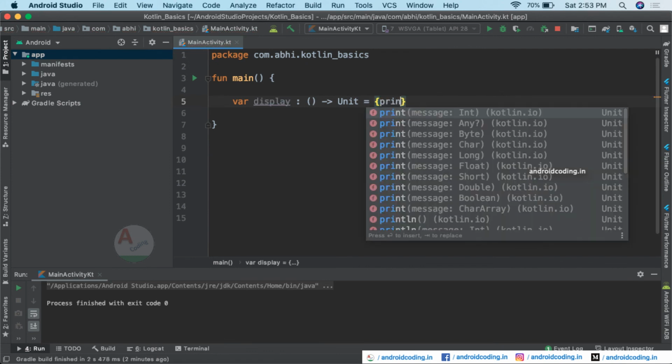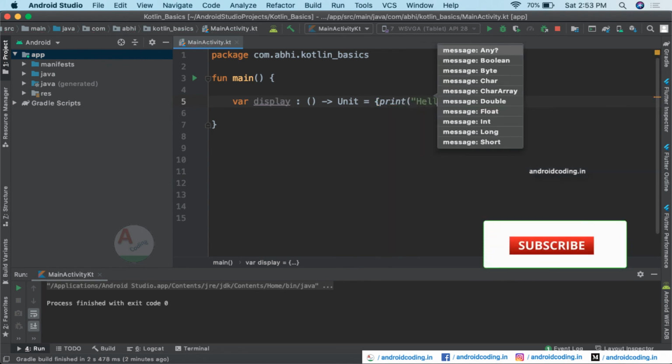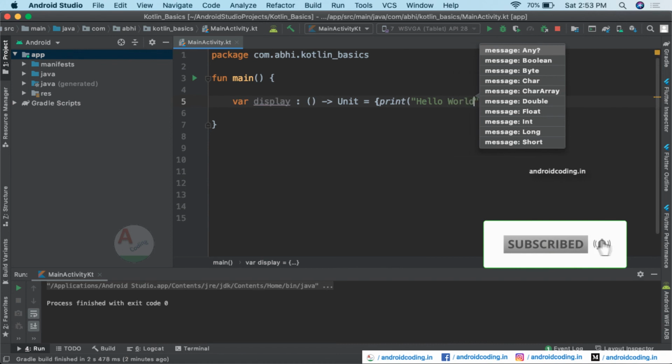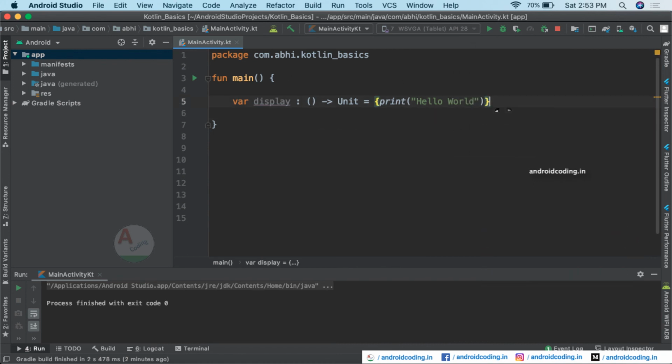So I'm providing the print condition, and inside which, hello world. Okay, so here you go, our function is ready, and call the function in the main method and try to run the code and see. We will be getting an output which is similar to that of our normal way of function declaration.